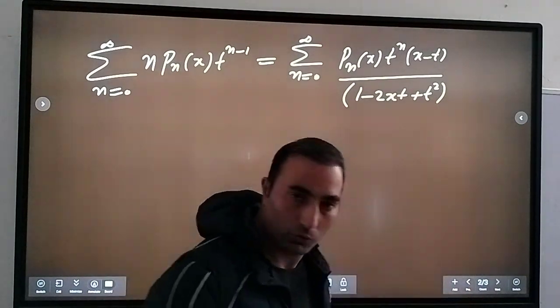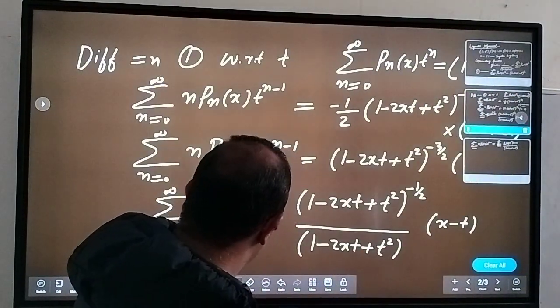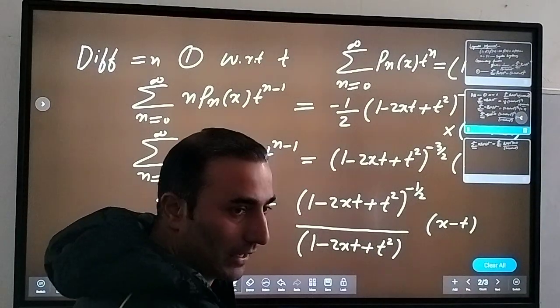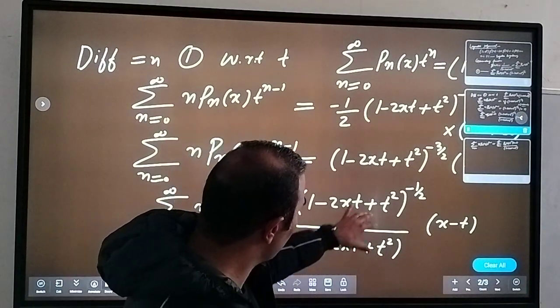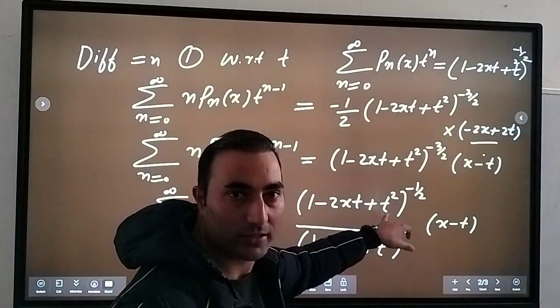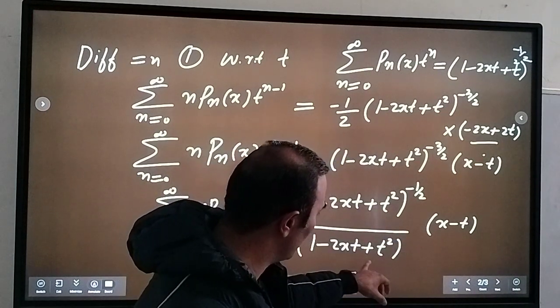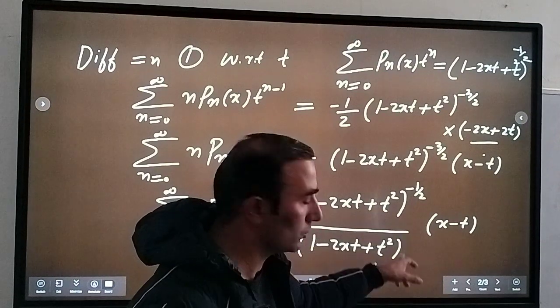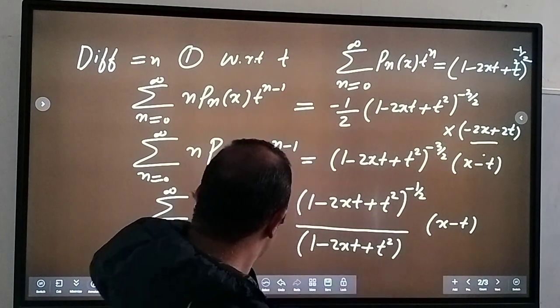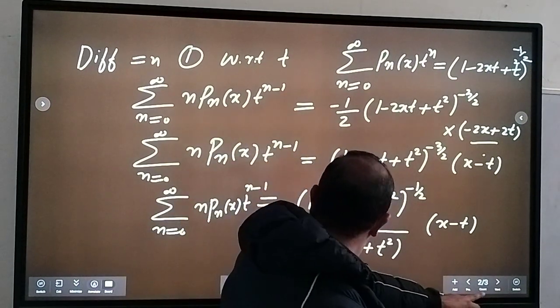have a look, whether it's correct or not. So first, here, what did I do? So this n Pn, this left hand side is as it is, but the right hand side, you take this as summation n starts from 0 to infinity, Pn of x t raised to n, and x minus t, and this term. Because you can write this as minus 1 by 2, right? So it's clear. Now you multiply it on the right hand side. So this will be equal to,